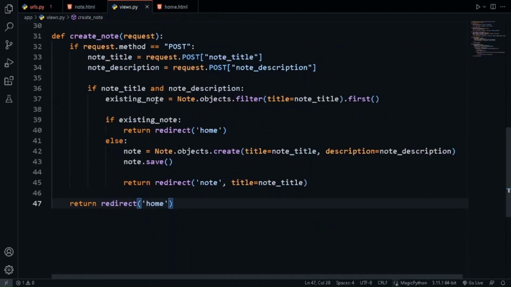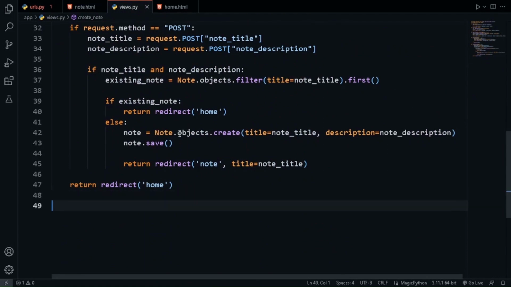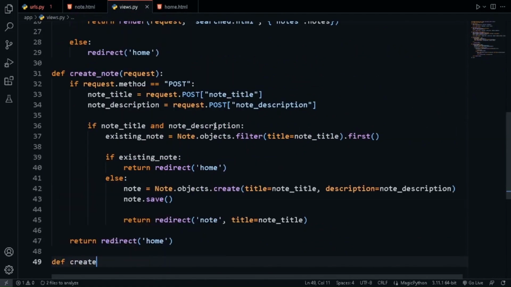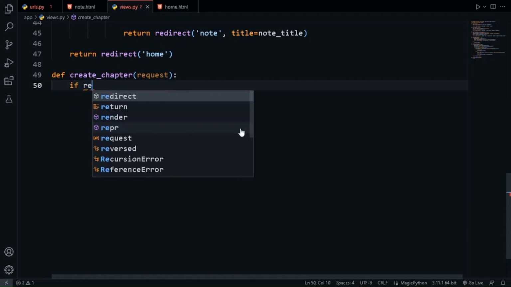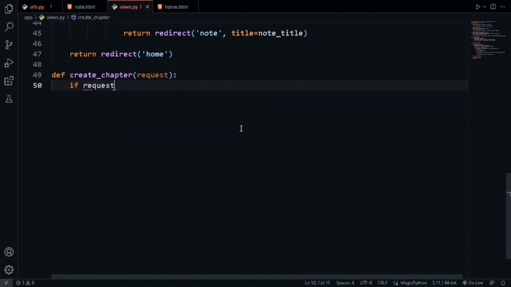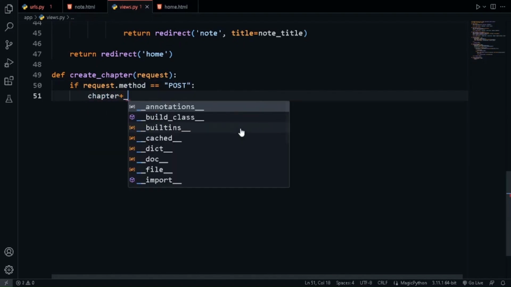Now we want to create the views function. The name of the function is create underscore chapter. So define create underscore chapter, and we need to pass in only request. Then again we want to check if the request method is post. If request dot method is equal to post, if it is post, then what we'll do, we'll get the chapter title using the